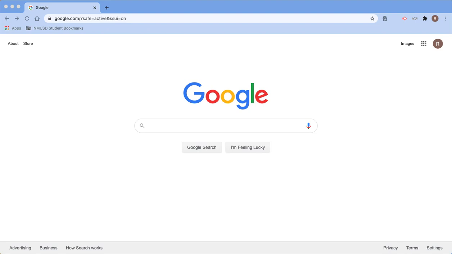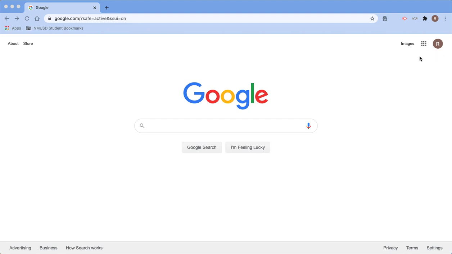Step 1 is to log in as your child on a device or through the Chrome browser. If you're using a Chromebook issued by Newport Mesa, you just simply log into the Chromebook as your child. If you are on a home device or other device, open the Chrome browser and make sure you are logged in as your child in the Chrome browser. You will be sure of this if you see your child's initial or name or profile pic in the upper